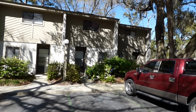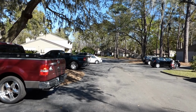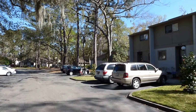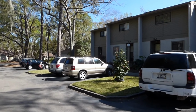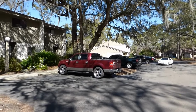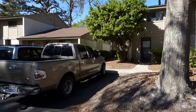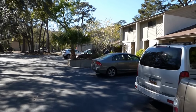As we look around the neighborhood here, we see that Woodlake Villas is comprised of a total of 224 flats and townhomes. The flats are 960 square feet. The townhouses are larger, 1,045 square feet. And there's several floor plans of the flats. Number 131, our subject property, is a townhouse with 2 bedrooms, 2.5 bathrooms, 1,045 square feet. It is being sold unfurnished and listed at